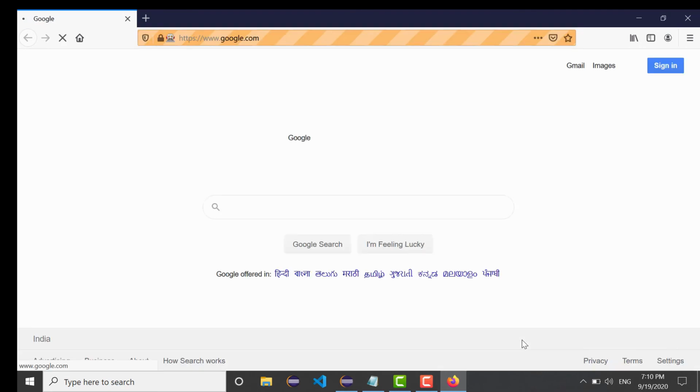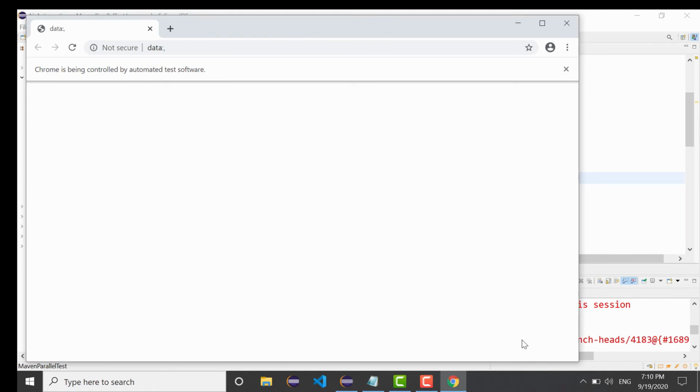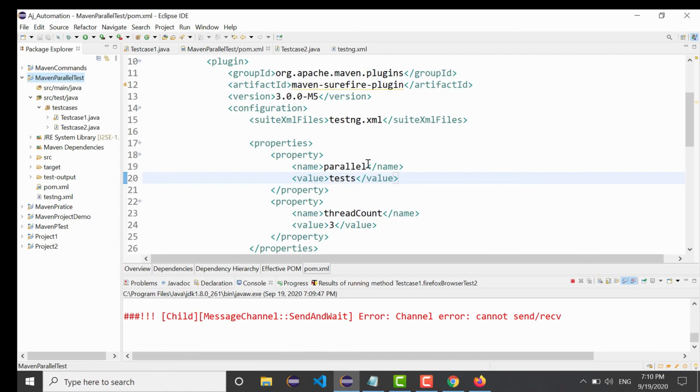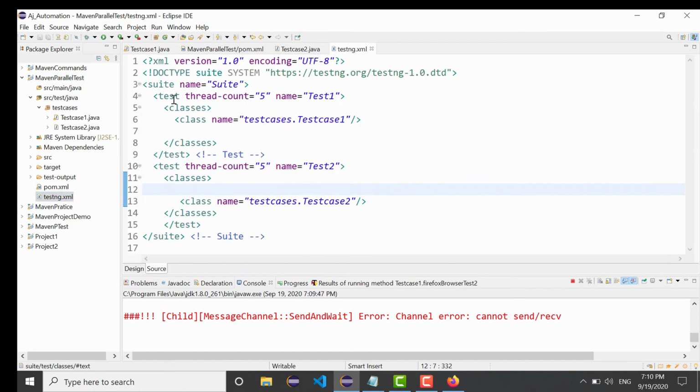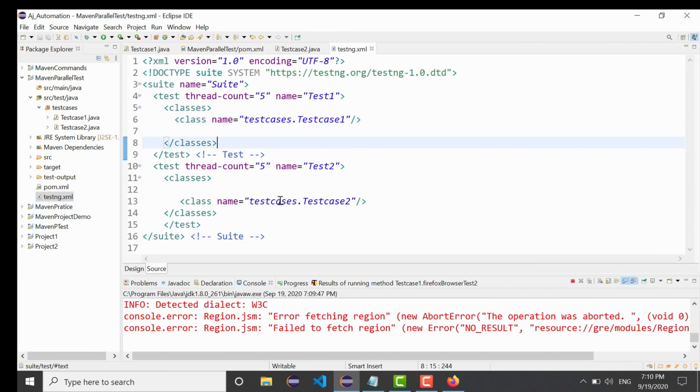Like previously, similar to the previous classes, it is opening one @test from one class and the second @test from the second class. It is the same because we are running at test level. In testng.xml we have set one test which contains test case 1 and a second test which contains test case 2.